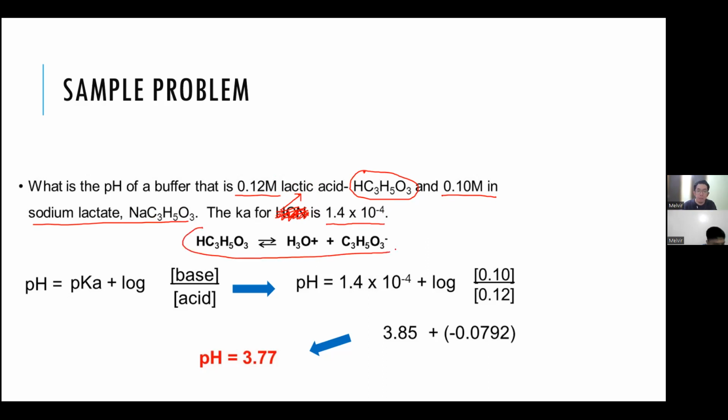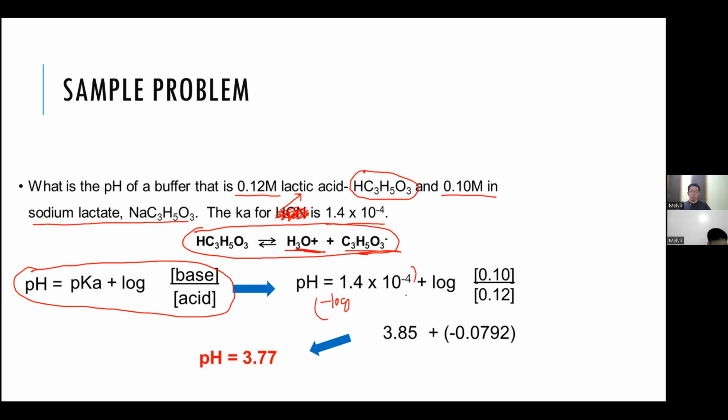So this is the formula. This will be the reaction na mangyayari. Your lactic acid will dissociate in water into hydronium ion and lactate. With that, madali tong problem na to. You just substitute everything sa Henderson-Hasselbalch equation. Ang mali dito, pH is equal to negative log of 1.4 times 10 to the negative 4 plus logarithm